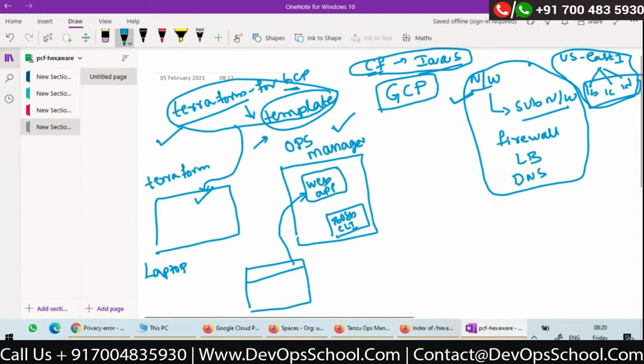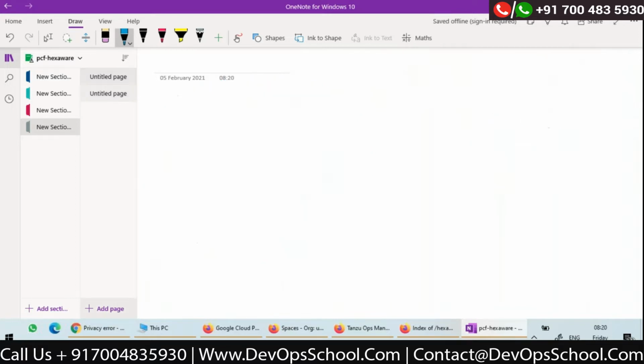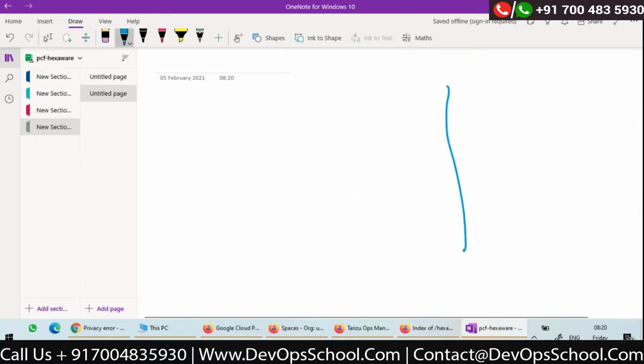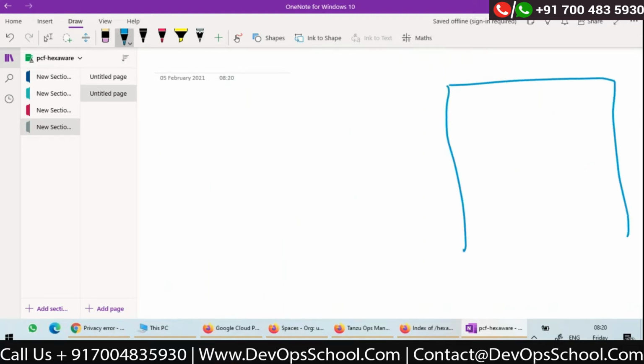So let's assume that you want Cloud Foundry within your organization data center, right? So in your data center, how can you virtualize your data center? You have big server machines like ESXi servers and all. You might be having a lot of other tools. One of the tools is VMware vSphere or vCenter. So let's assume that I have vCenter installed in my data center, right?